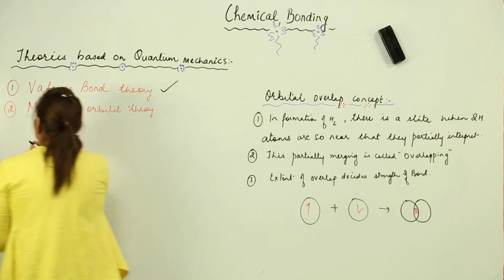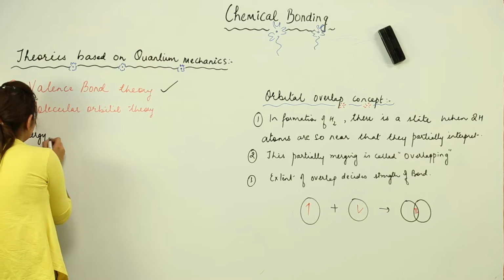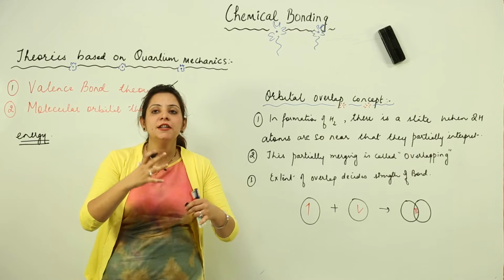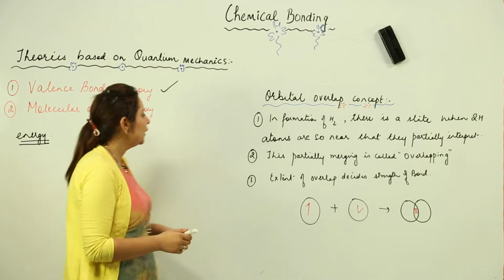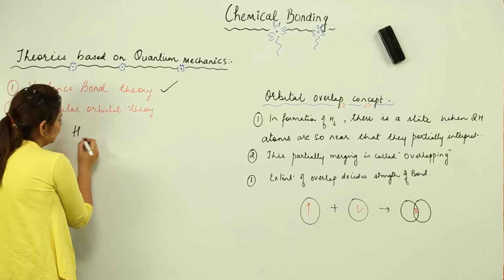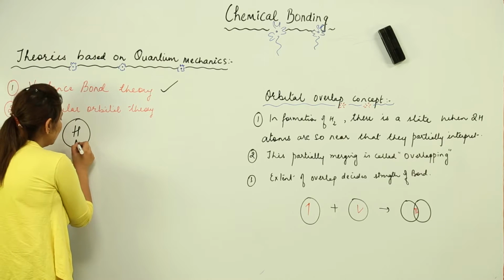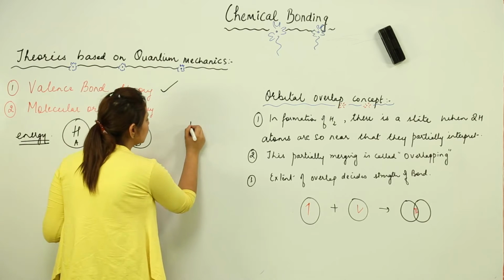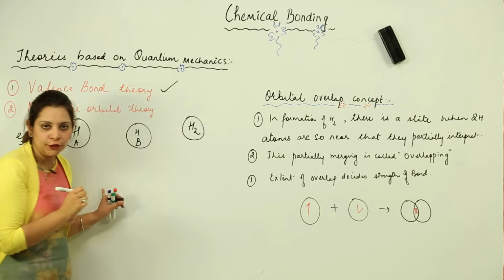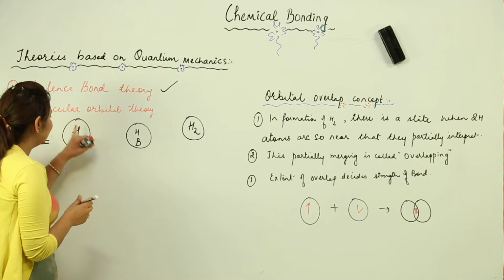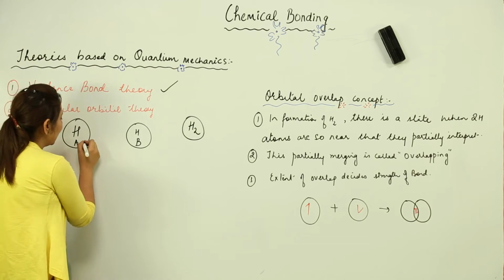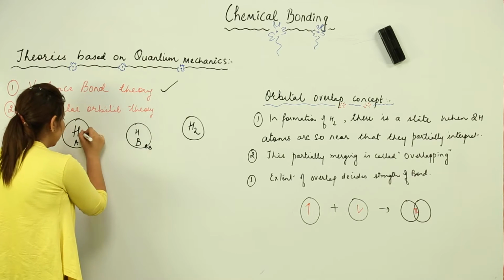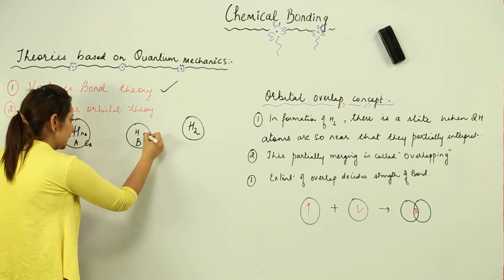First we are discussing the energy factor, that is, when atomic orbitals combine, how the energy factor is taken into consideration. So what does it say? Let us take the example of a hydrogen molecule. We know that a hydrogen molecule is formed when two atoms combine. In a hydrogen atom there is a nucleus and one electron. I will write Ea for the electron of A and Eb for the electron of B, and the nuclei as Na and Nb.